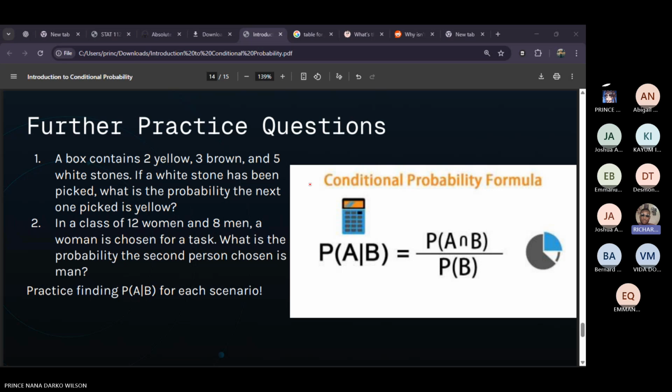Okay, so my analysis: you add the yellow balls, the brown balls, and then the white balls, which gives us 10. And then out of it, we are picking a white ball. That's 1. 1 minus the 10 will give us 9. So the total now becomes 9. Yes. All right. Out of the 9, now